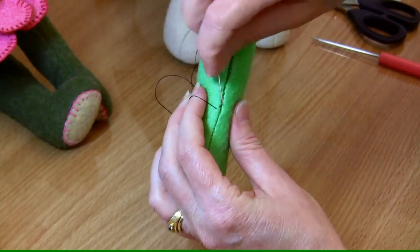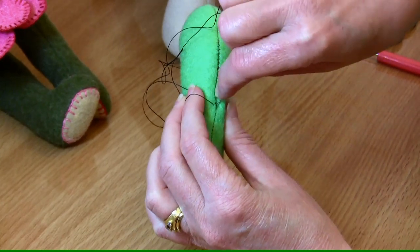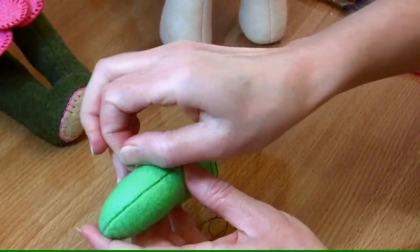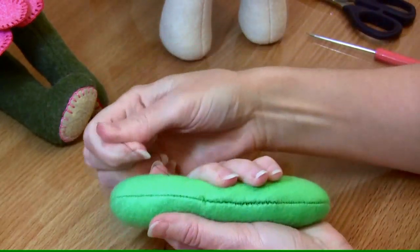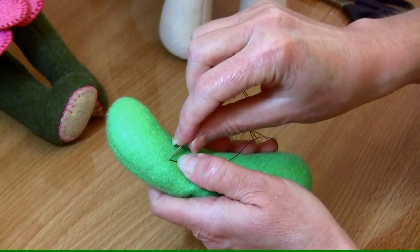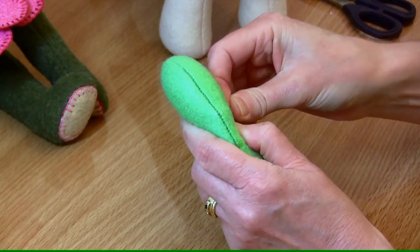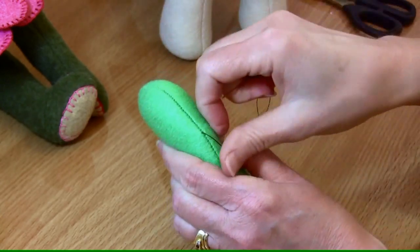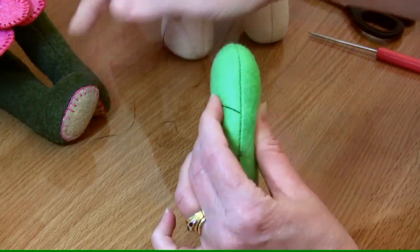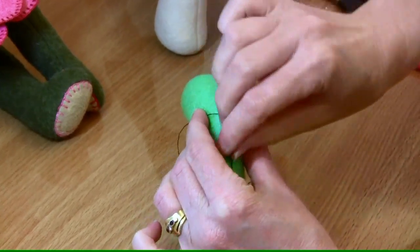Now this is our last stitch, so we've pretty much closed that off. We're just going to go back into that hole on that side, and I tend to just come straight out somewhere in the limb, and I'm going to make sure that that last stitch is really pulled in. I'm going to put my thumb on there to hold that one, and I'm going to go back into the same hole. And when we're working with reinforced felt or fabric in 3D, we really need to hide those knots. So I find that coming out and doing a final holding knot right on the seam is usually the best spot to do it. So I'm just going to take a little stitch,